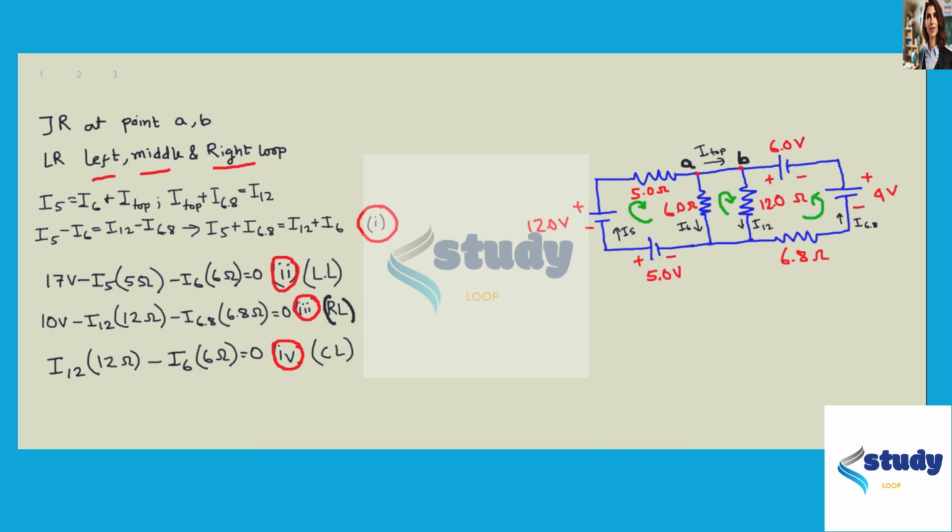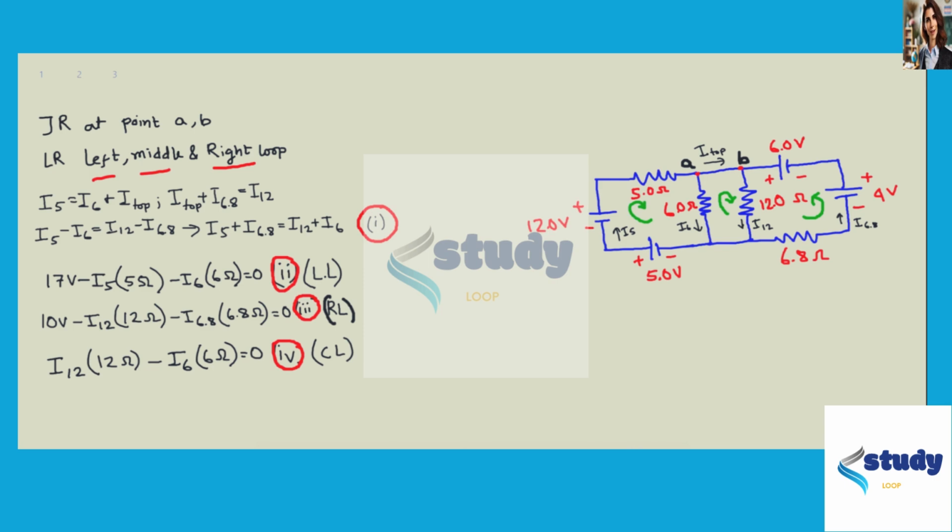For the right loop, we have two batteries connected in series, and then we have a voltage gain, so we have 10 volts. Then I12 times 12, and there's a negative because of the same direction. Then again, 6.8 is in the same direction as the loop's direction, so it's going to be 6.8 times I6.8, and there's a negative sign. And for the center loop, we see that I6 is in the opposite direction to the loop's direction,